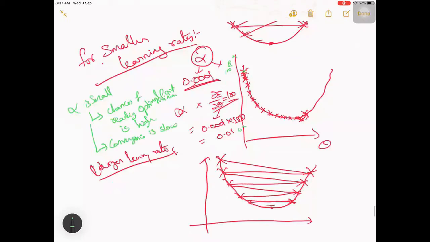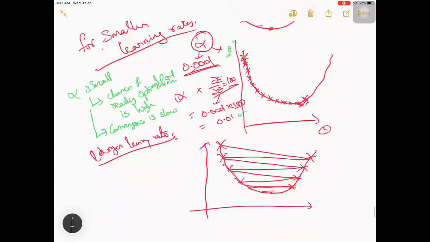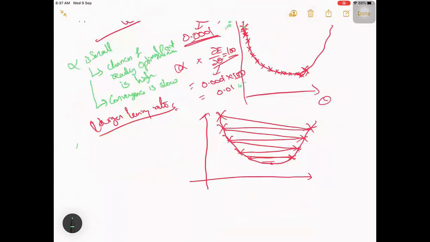We call it convergence, right? It is coming from somewhere far to a minimal point, so we call this convergence. So convergence is slow, but when you come to a higher learning rate alpha, the convergence is faster. From some 100, you are able to reach some 10 or 15 within 5 or 6 iterations.